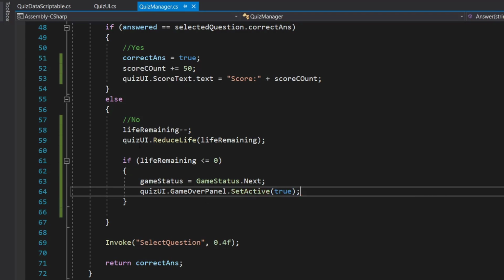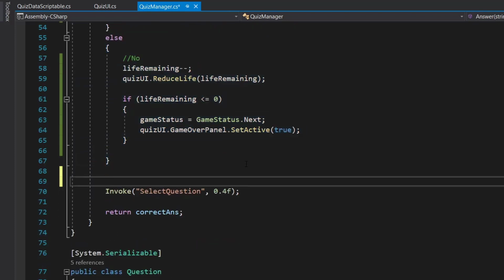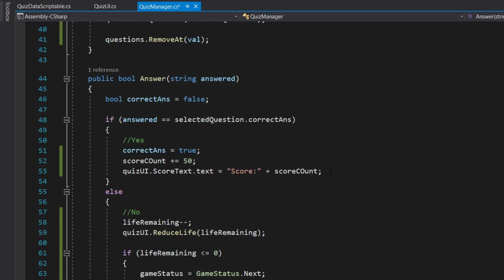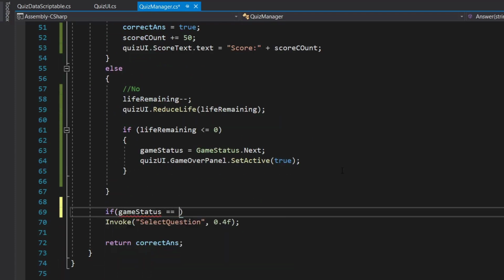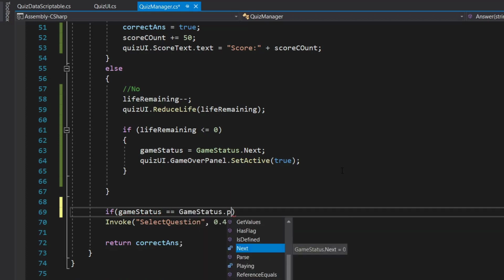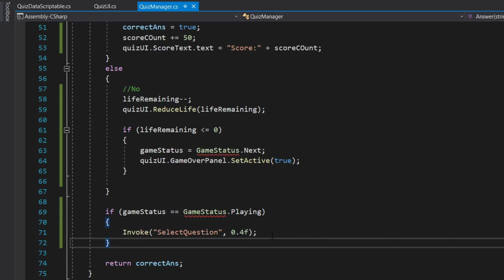So we want to activate our game over panel once we have finished all our lives. And one thing, we want to invoke only if our game status is playing. So if our game status is equal to game status dot playing, then only we will invoke our select next